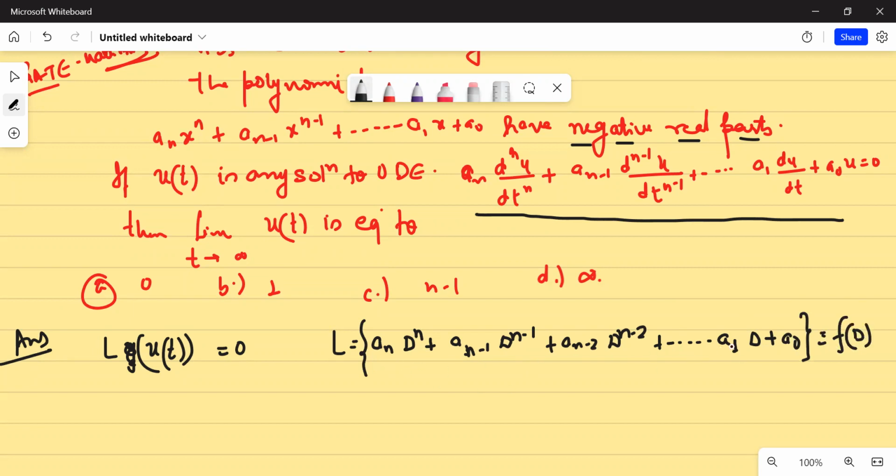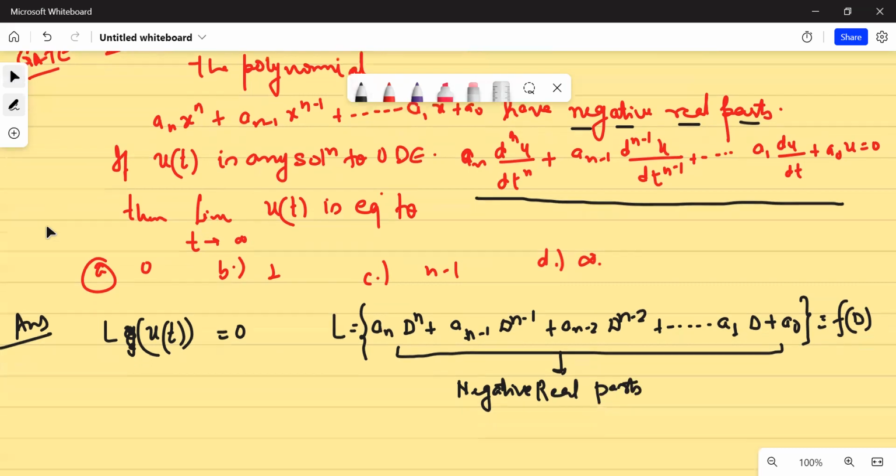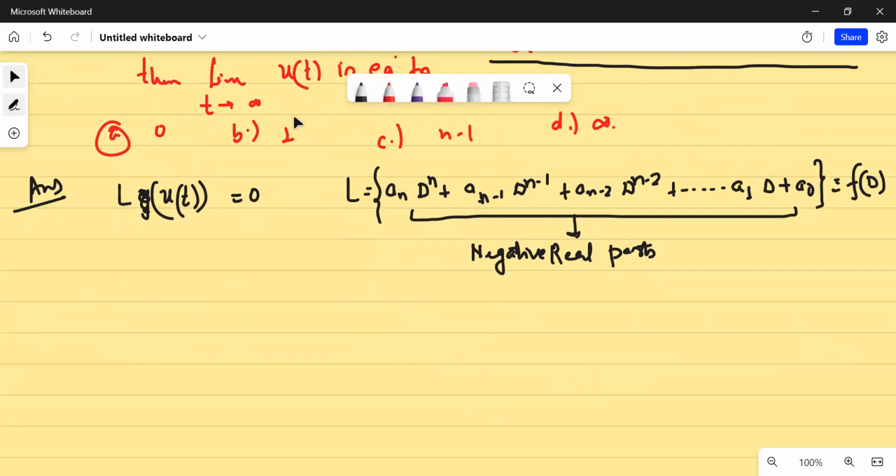What I have to do is find the roots for this. Once I find the roots of this, only then am I in a position to write any solution. So it says that whatever is the solution for this differential equation has a negative real part. What does it mean, having a negative real part? Let me take the worst case, that is, if all the roots are complex,